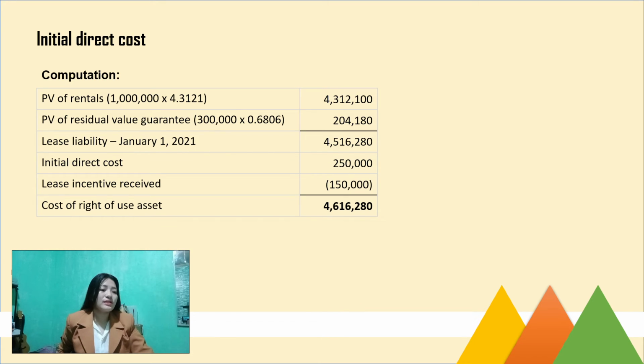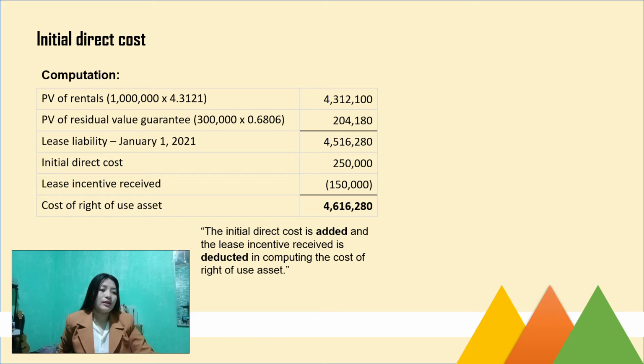To get that, we just added the present value of rentals and the present value of residual value guarantee. So unahin natin yung pagkuha ng amount ng present value of rentals. So to get that, we will multiply 1 million to 4.3121. So, ano yung 1 million dito? Yung 1 million from the given information, ito yung annual fixed payment of the equipment in advance at the beginning of each lease year. Then, yung 4.3121 is the present value of an annuity of 1 in advance at 8% for 5 periods. So, dun siya nakuha. And that will give us an amount of